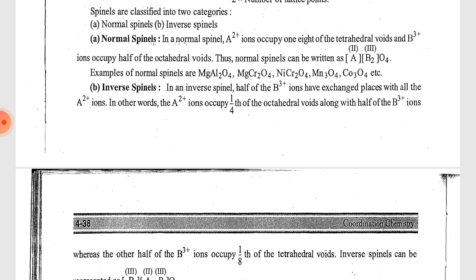Spinels are classified into two categories: A. Normal spinel, B. Inverse spinel. In a normal spinel, A2+ ions occupy 1/8 of the tetrahedral voids and B3+ ions occupy half of the octahedral voids. Thus, a normal spinel can be written as A B2 O4, with A in the +2 oxidation state and B in the +3 oxidation state. Examples of normal spinels are